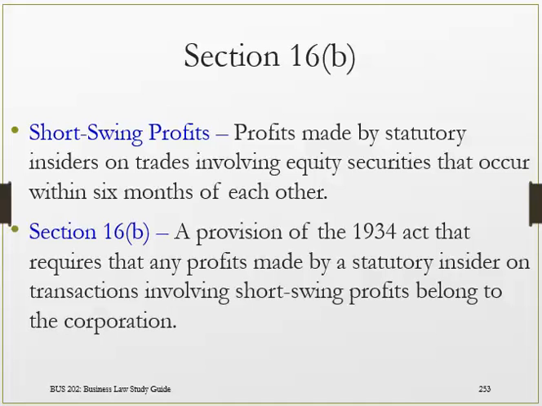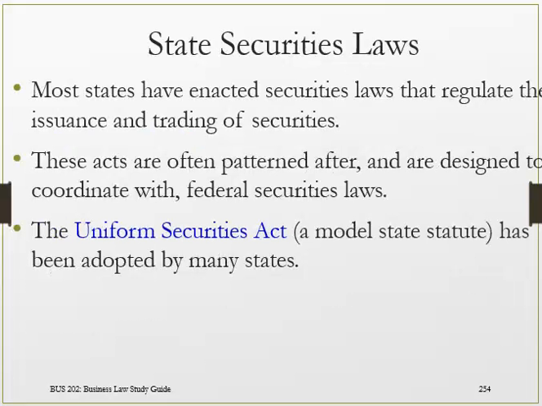It's a mechanism by which sometimes you just simply can't prove that they had insider information. You can't prove that they engaged in insider trading. But in order to prevent that possibility, the law says that we're not even going to allow you to make profits within this short term because the suspicion is too high that you may have secretly had information that caused you to profit at the expense of the other investors.